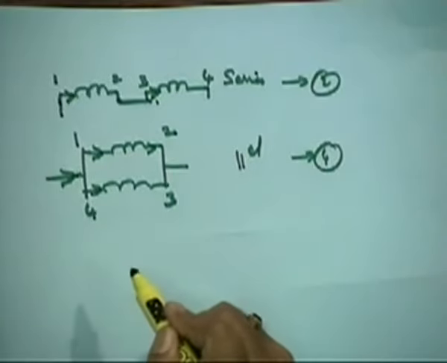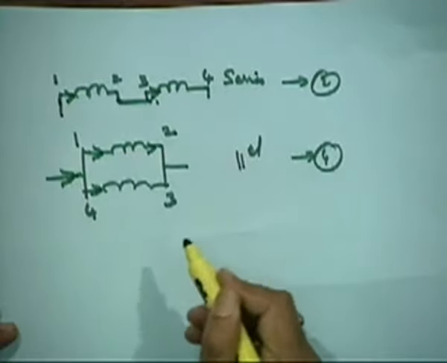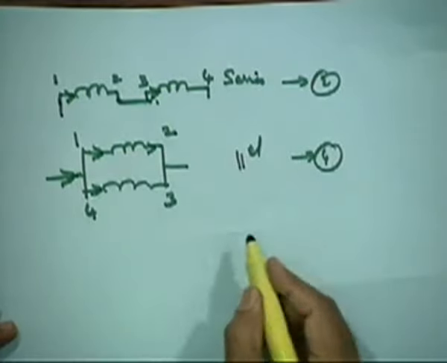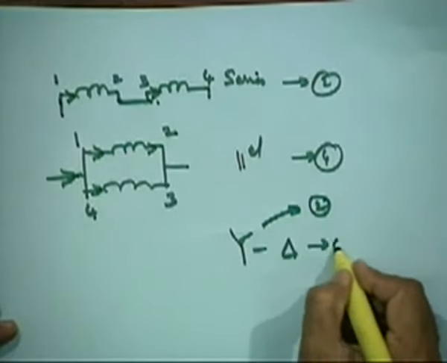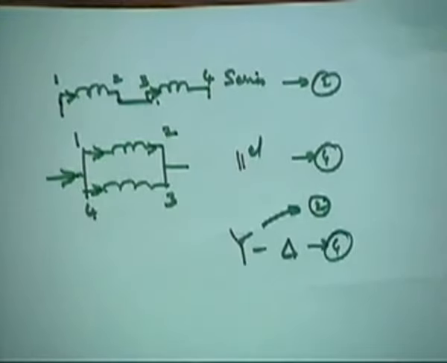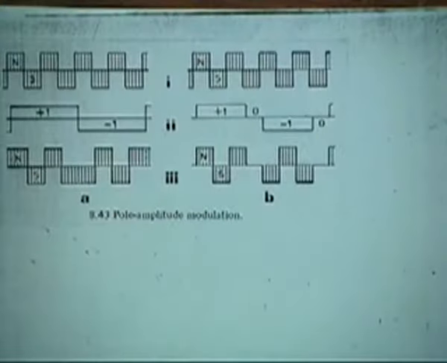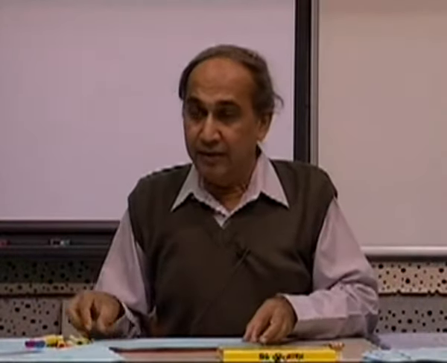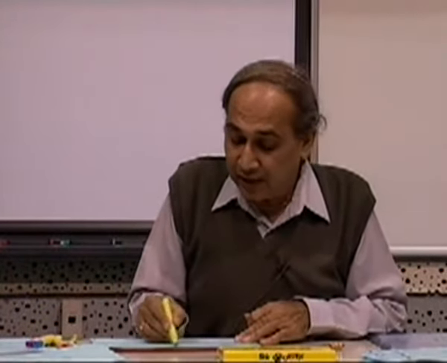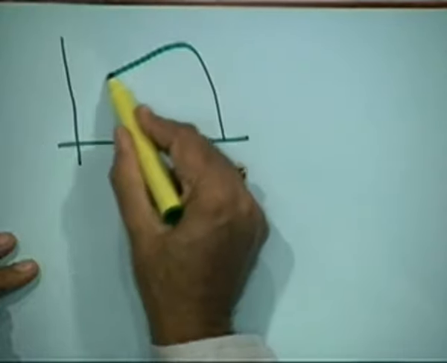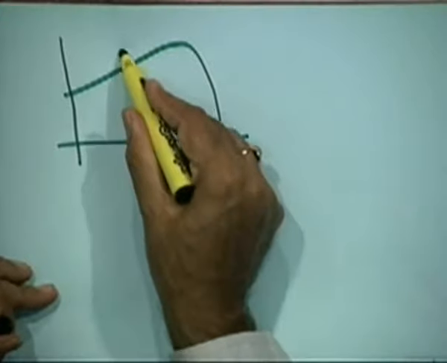So series parallel is one way, or you can have star delta. You can connect them in star in one and delta in another. So star can be 2 pole and delta can be 4 pole, etc. So there are several ways. We have no time for discussing this. Okay, we have, for example, that if you want to draw the characteristics, there will be a 2 pole characteristic and a 4 pole characteristic.